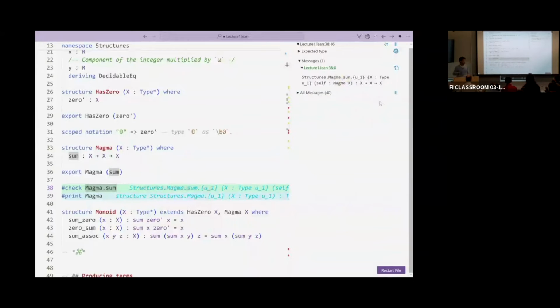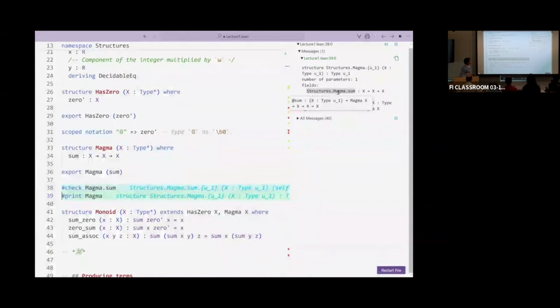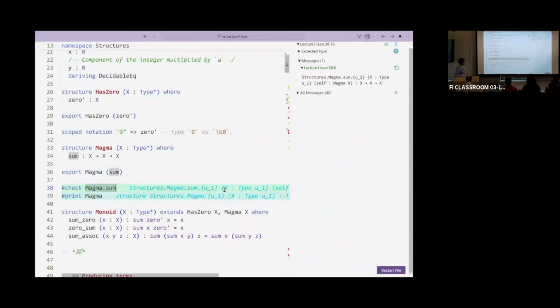Is self a keyword in Lean that extracts? It's more than a keyword. It is an automatically generated name for the variable.